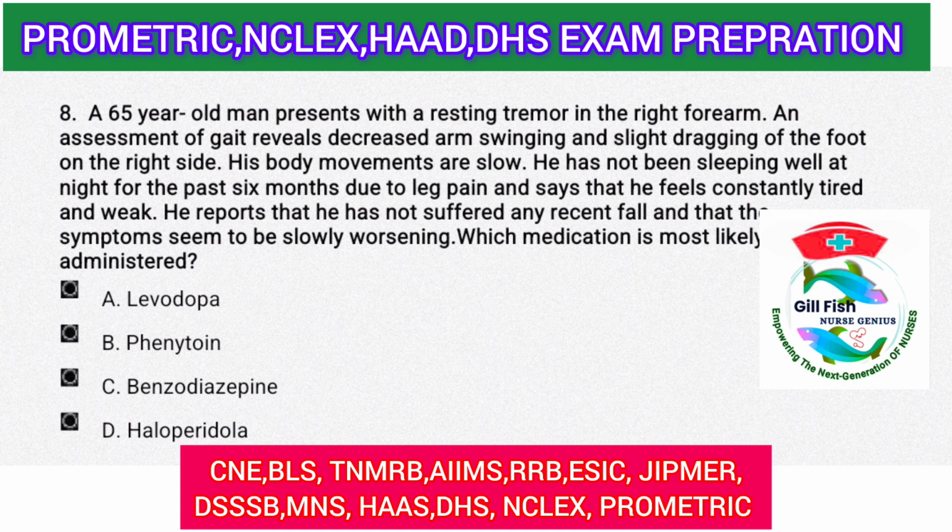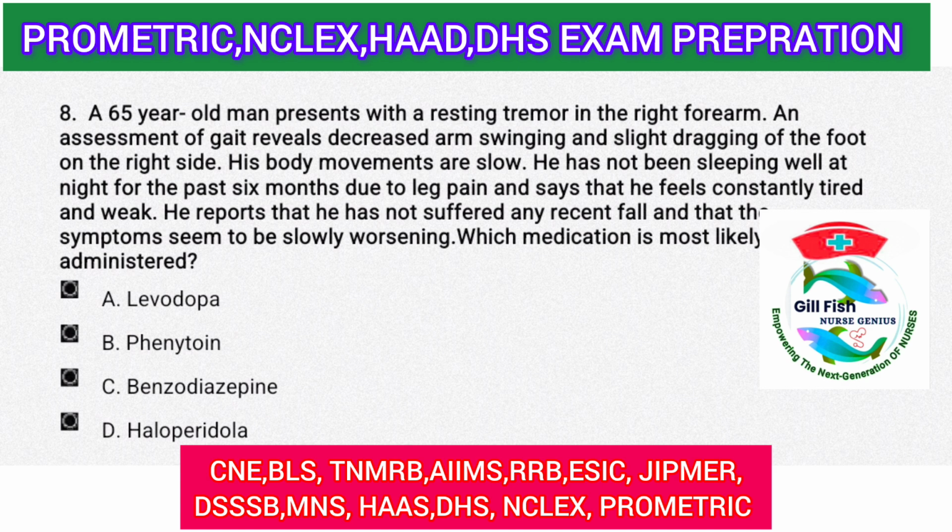Actually, what is the question here? An old man with a tremor in the forearm, a gait disturbance, and dragging of the foot for the past 6 months. Option A, levodopa. Option B, benztropine. Option C, diazepam. Option D, haloperidol. Usually in which condition are these symptoms going to happen? That is called Parkinson's